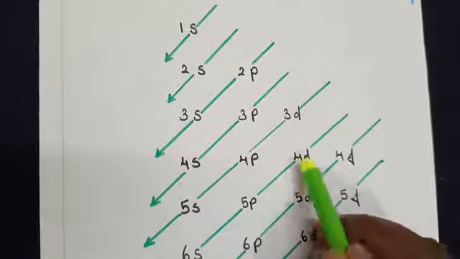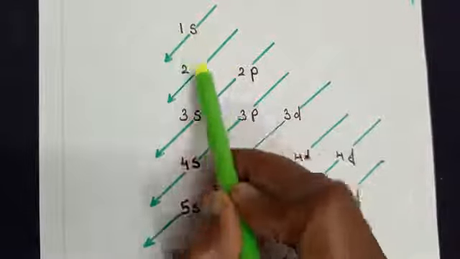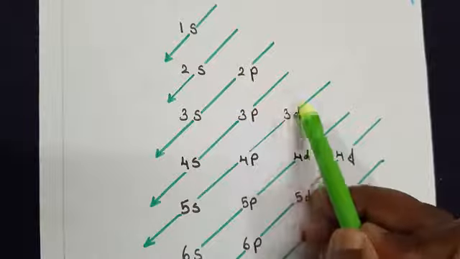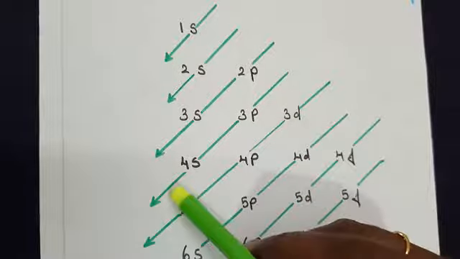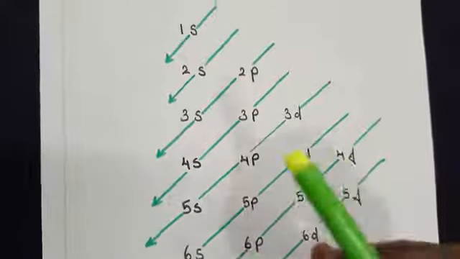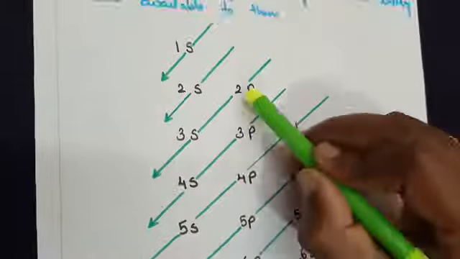Here again I'm leaving out 4s and 4p, because they do not get filled like 1s, 2s, 2p, 3s, 3p, 3d. That order is not followed here. You can follow the arrow diagram; this is how the order is followed. Why are they following this order? Now let me take a precise example.